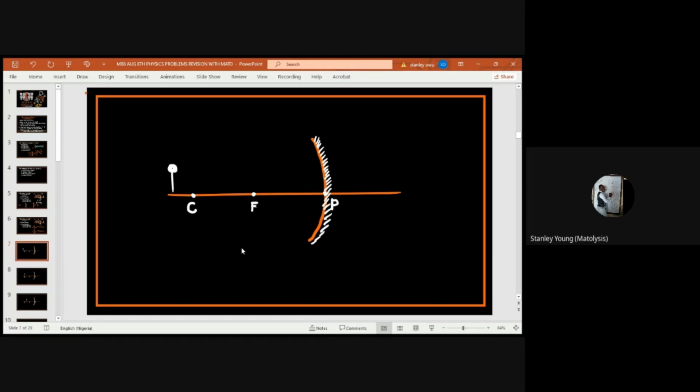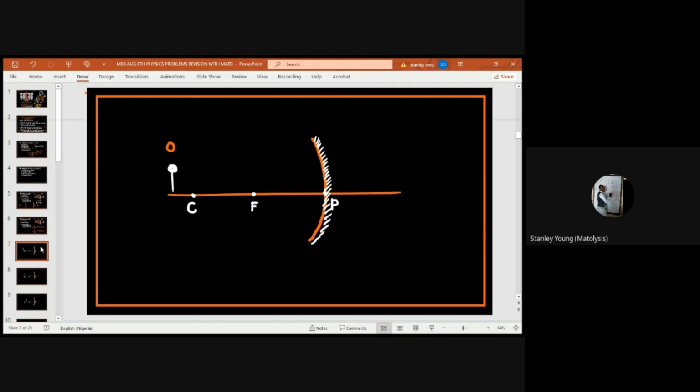For now, our focus is on mirrors. The mirror I'm focusing on right now is a concave mirror. Why? Because this side is shaded, it is the back. That makes this side the viewing part. So if this is the object,